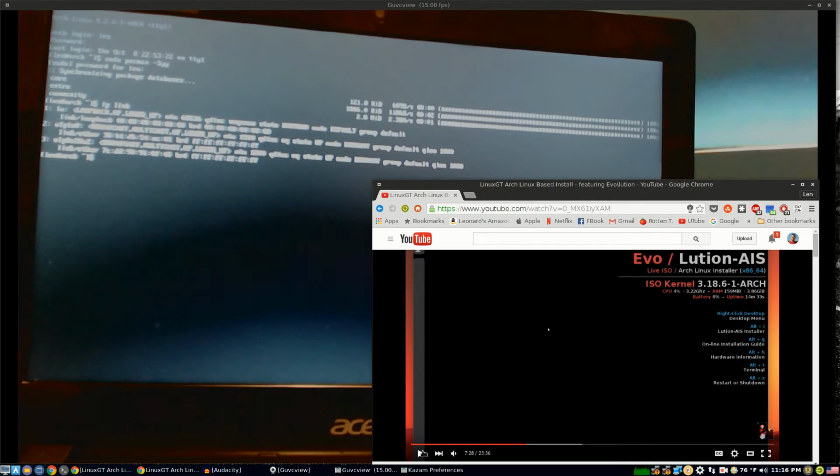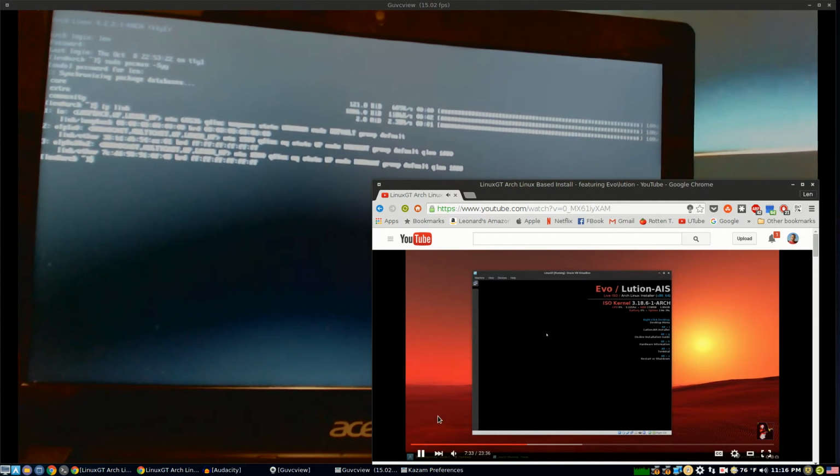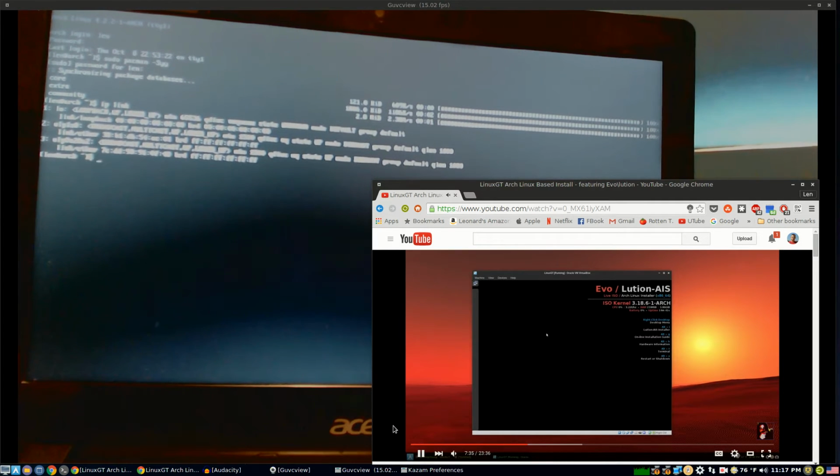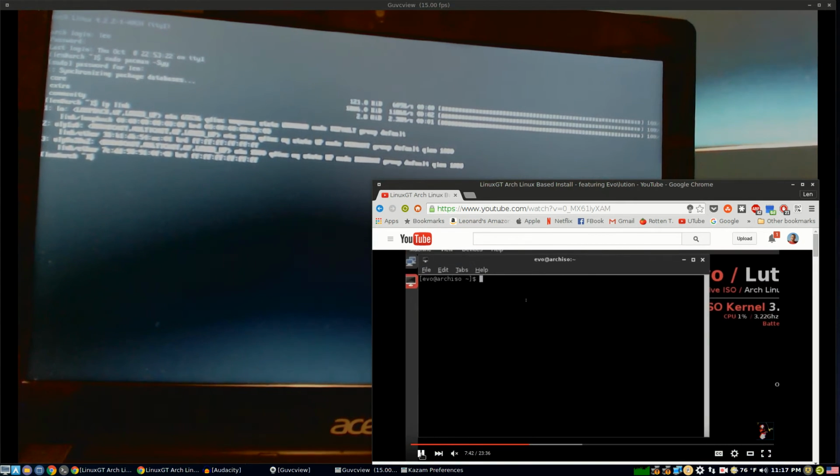Click on go into a console, and then once you get into that console, you're basically going to type